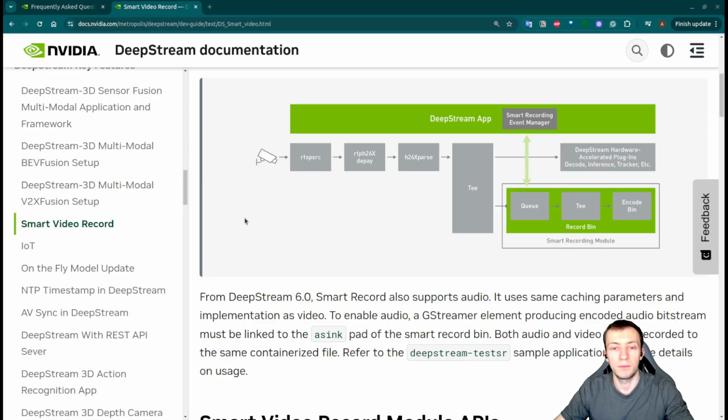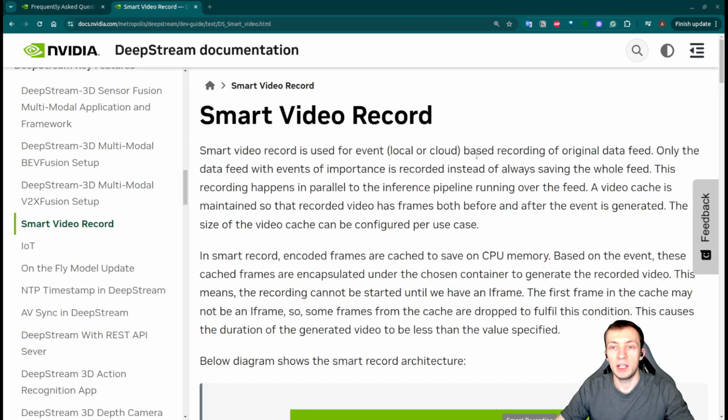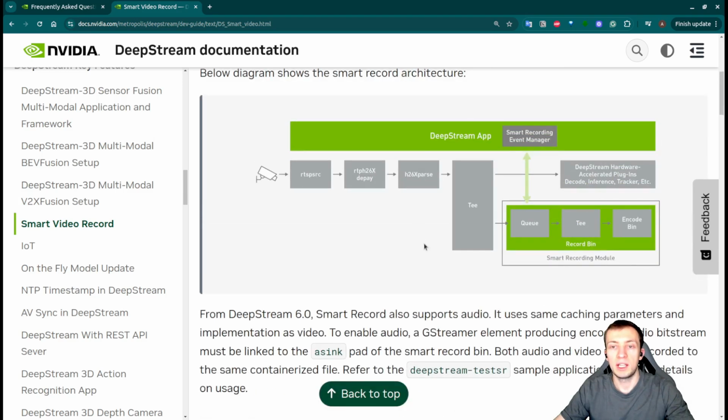Today we will see how we can re-implement smart video recording functionality in Deepstream from scratch. So what is smart video recording? It is a special functionality in Deepstream that provides video recording in the pipeline by sending some signals or by receiving Kafka messages. This plugin is used to get those events and then record the original data feed. In the Deepstream test application, the usage is to record the input stream, which is not labeled, which doesn't have any